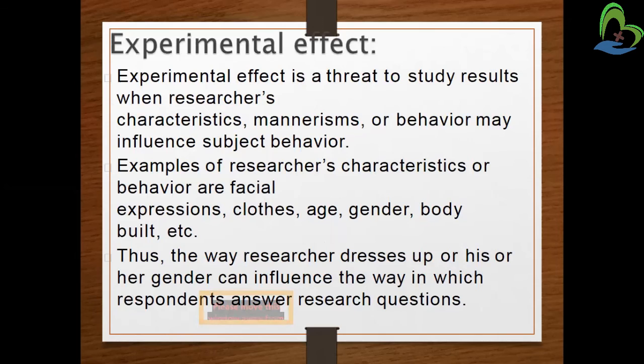A very simple illustration is in the marketing field. Male people are not responded to as gently as female researchers or female marketing people, who are responded to gently and in a disciplined manner. So this is what makes an experimental effect.